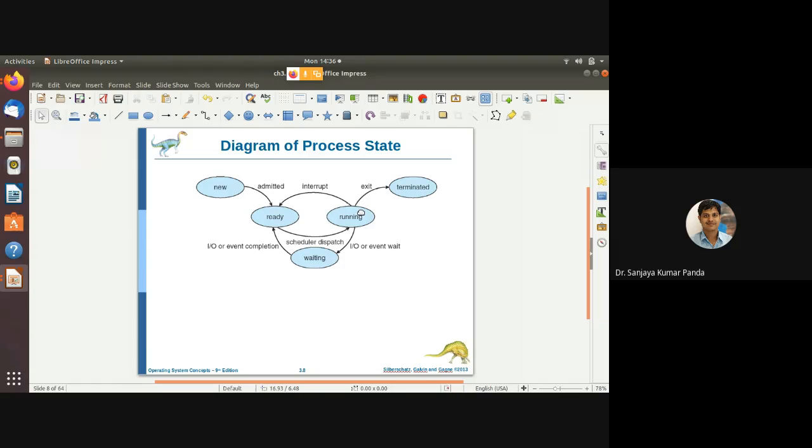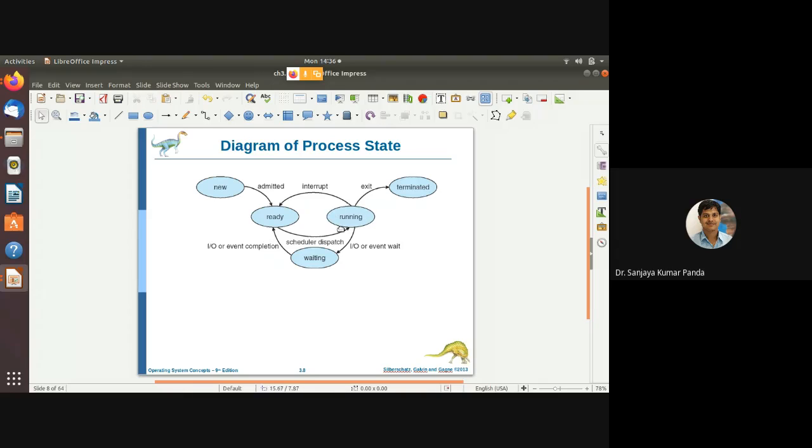and it will execute its instructions. A process is nothing but a set of instructions, so it will execute that set of instructions. If that process requires some kind of input/output operation, like a keyboard operation or a printing operation, it will come to the waiting state. After its IO operation is over, it goes back to the ready state, then again to the running state.